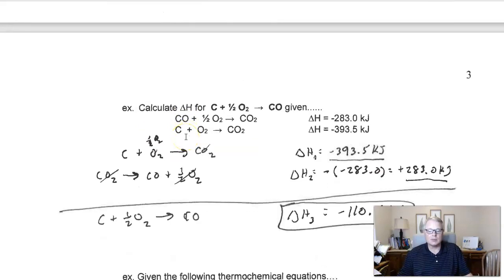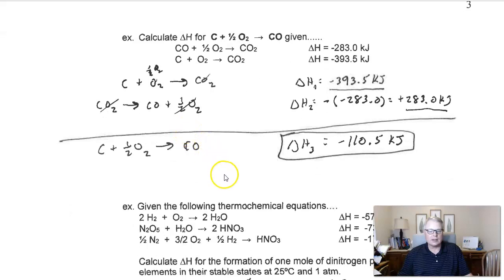So here's a couple of problems for you. Okay, so the first one, we'll start out relatively easy here. Calculate delta H for this equation. We've got carbon plus a half a mole of oxygen goes to CO. What's CO? That's carbon monoxide. Is this something you want to be messing with? No, it's poisonous, right? So this is certainly not something you want to be generating in the lab, outside the